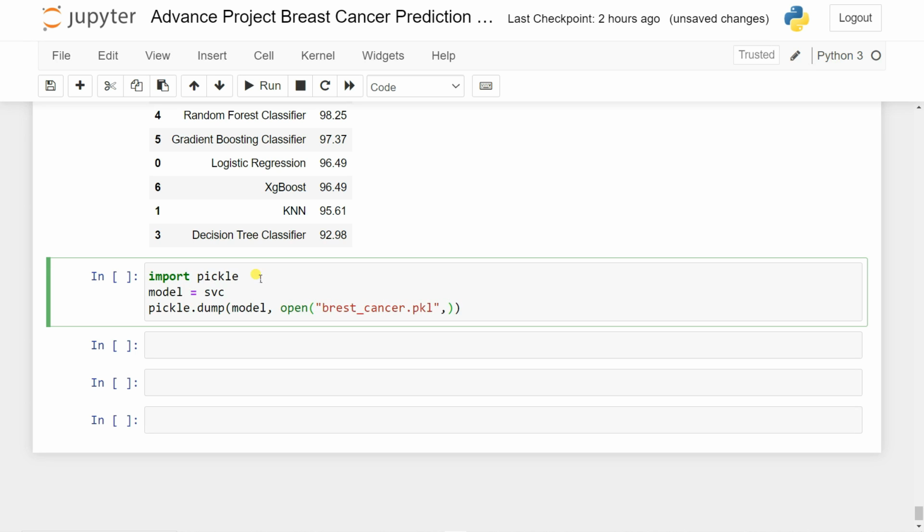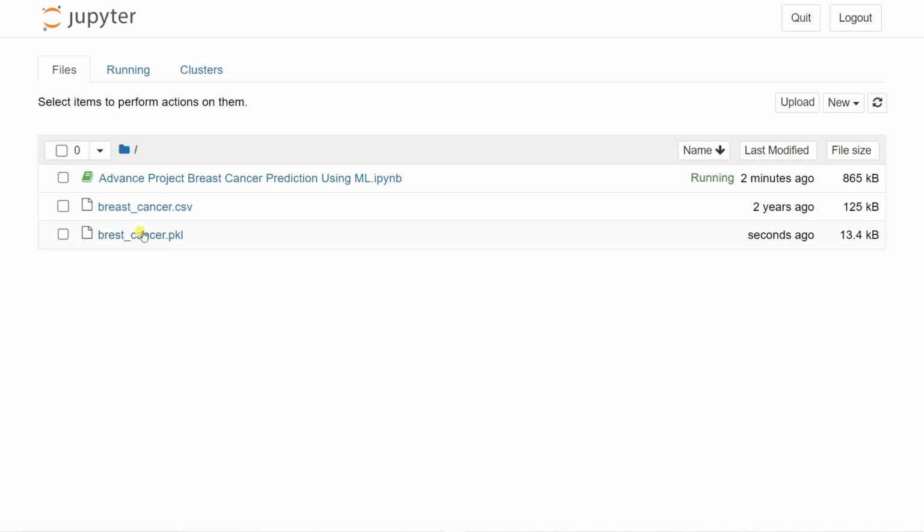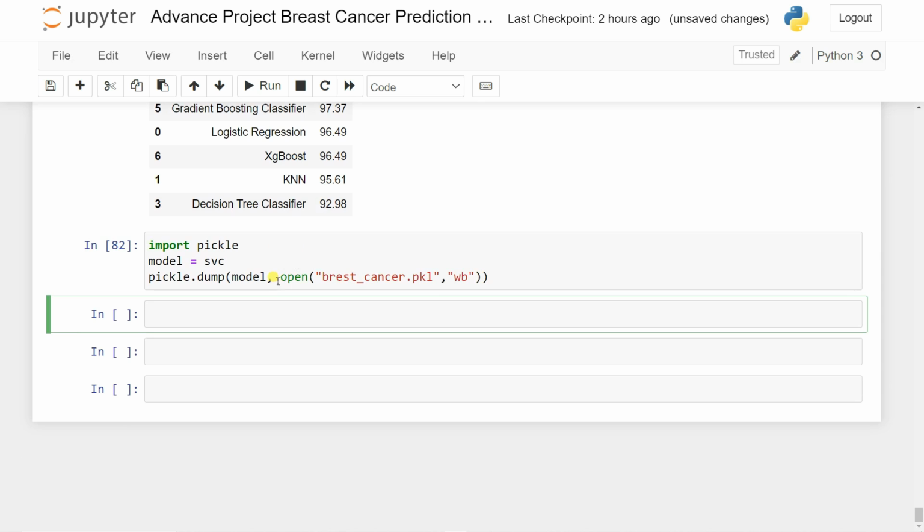I'm going to give here my mode. So let's give here the right mode, so it's saved inside my directory. If I go on here, you can see the breast cancer dot pkl file is stored inside my directory. So now what I can do is simply print all of the accuracy curve and also